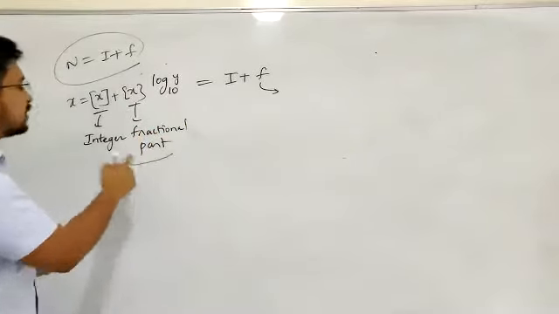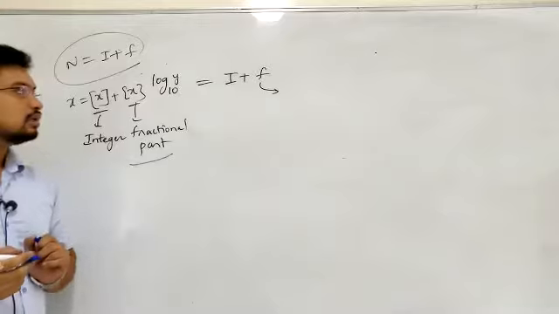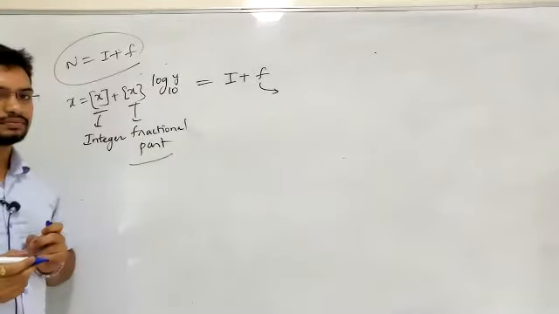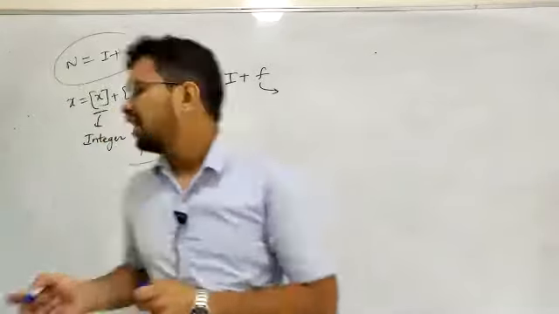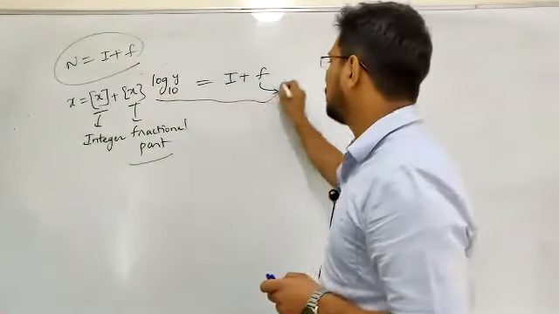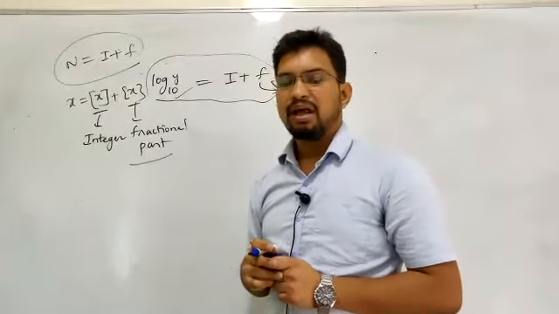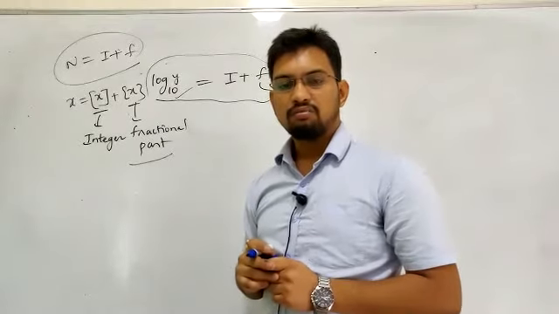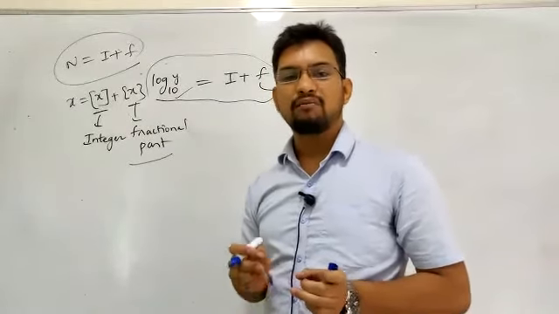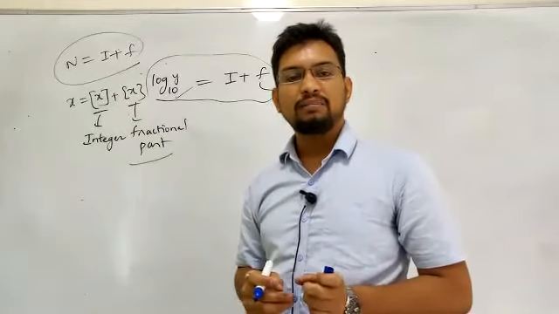This is your integer part and this is your fractional part. X, you are writing something like this. In the same way, if I write a logarithm of a number to the base 10, here the base 10 must be considered, because that is a decimal number system. Whatever we are following is a decimal number system.